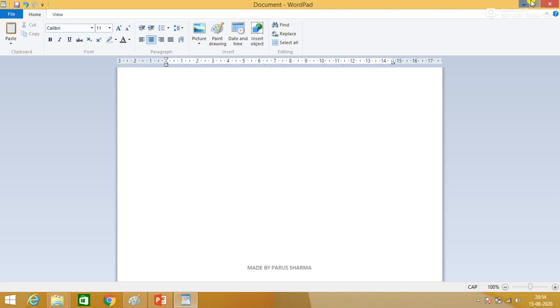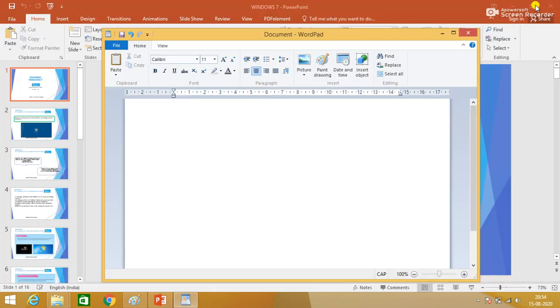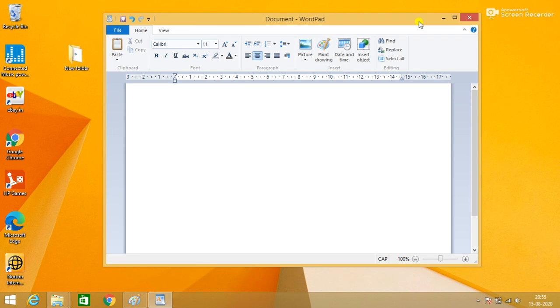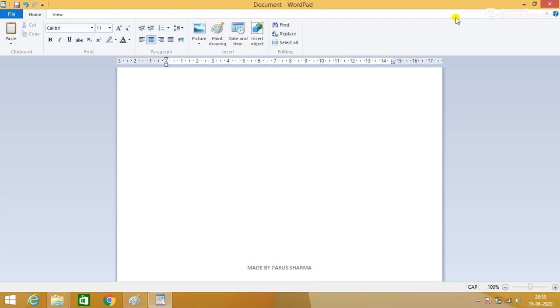Now come to the maximize button. The maximize button is the button which restores the window size. Like if I click here, the size of the window reduces, and if I click again on the maximize button, it restores the previous size of the screen. This is the minimize button.